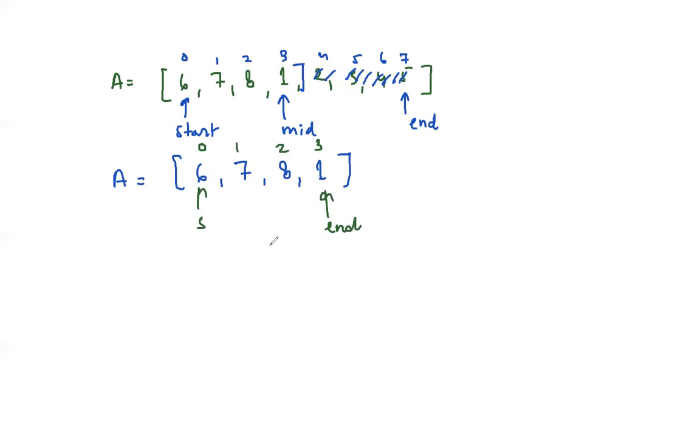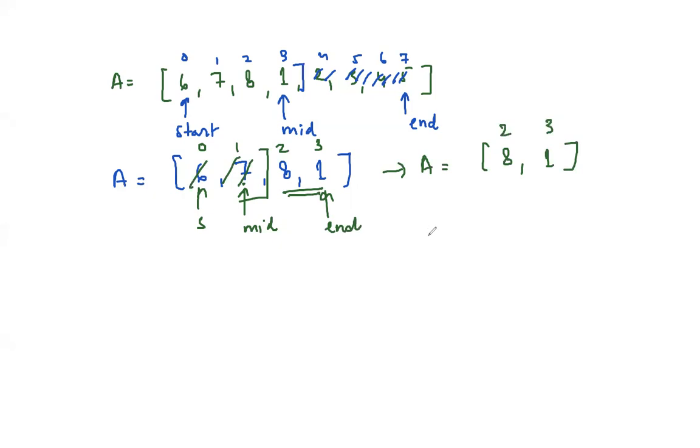What will be the mid now? 1. So how is the relationship between these two? The right side is not sorted, so we discard the left hand side. So our working array is this one: 8 and 1. I will copy the indexes 2, 3. What is the mid now?